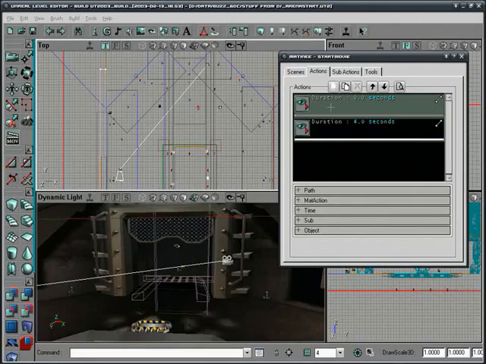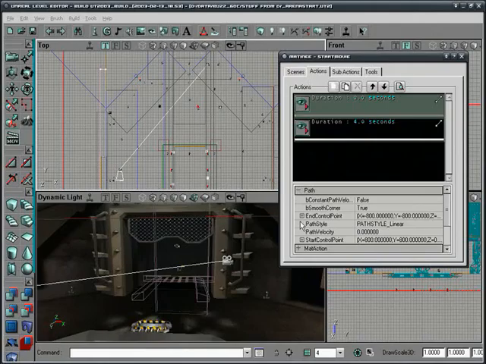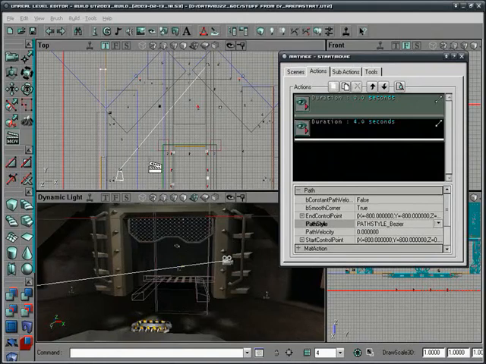So with this first one selected, I'll simply come down to the path category and expand it. And I'm going to come down to path style. What do you know? Path style, linear. Let's go ahead and take this guy and change it to Bezier. And by doing that, nothing's changed up here. Well, we kind of need to have Bezier on both ends to actually see the update occur,